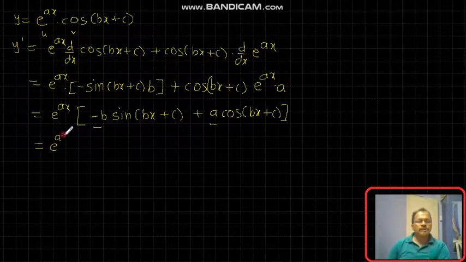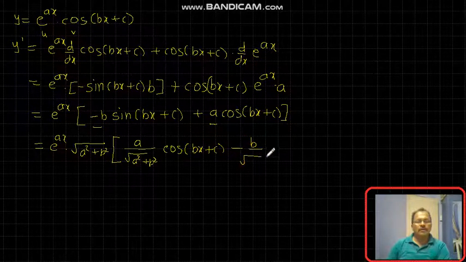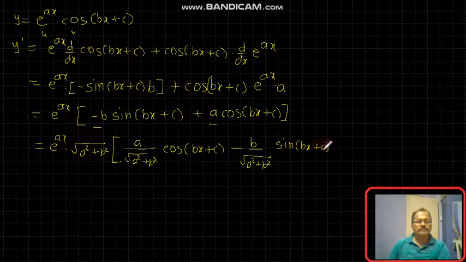So e raised to ax into square root of a square plus b square, inside the bracket a upon under root a square plus b square into cos(bx plus c) minus b upon under root a square plus b square sin(bx plus c). Multiplying and dividing by under root a square plus b square. This is equal to,